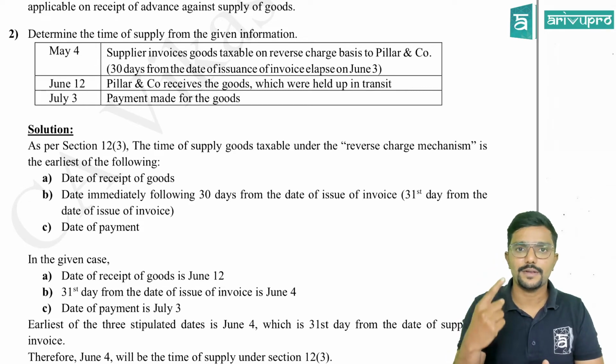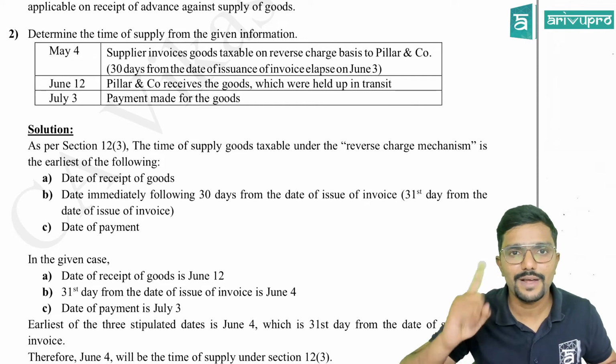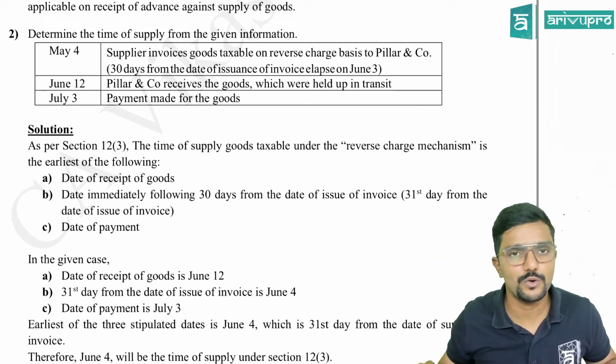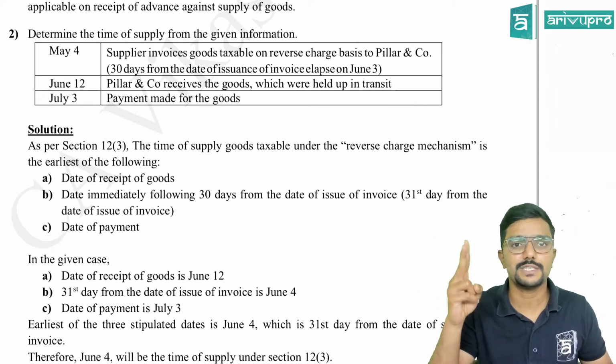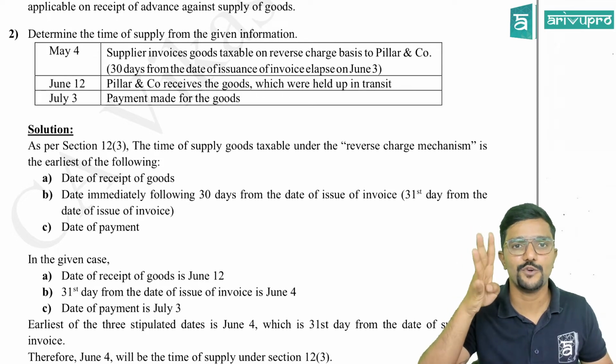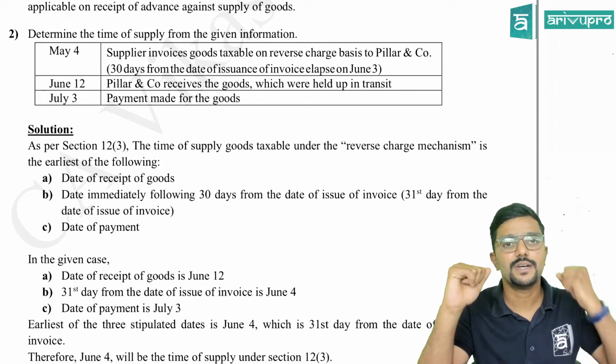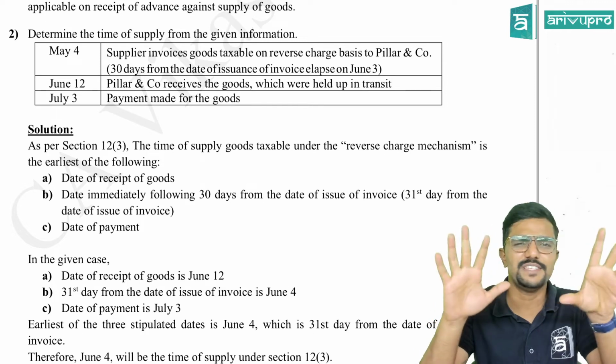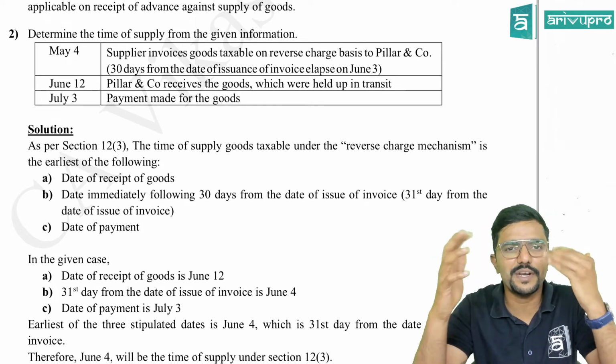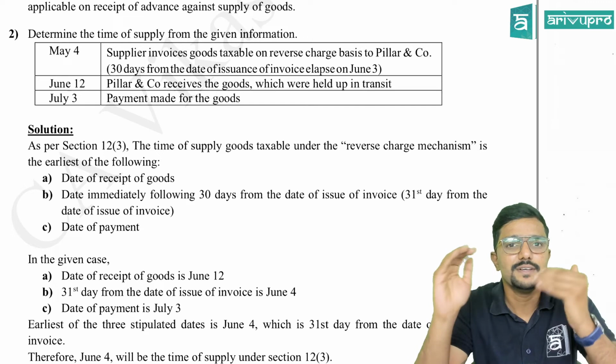Okay, 12.1, what? Come on, quick recap. 12.1 will tell when the liability for goods arises. 12.2 forward charge, 12.3 reverse charge, 12.4 voucher, 12.5 residuary, 12.6 addition. Easy. If you just try to remember it 2-3 times, if you recall it, you will be able to get it, guys.